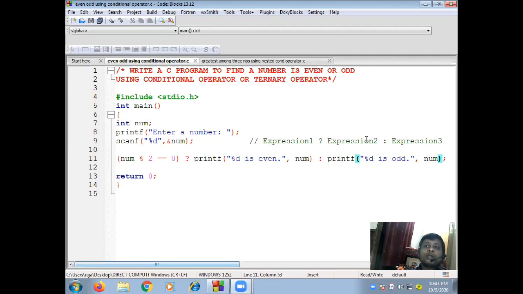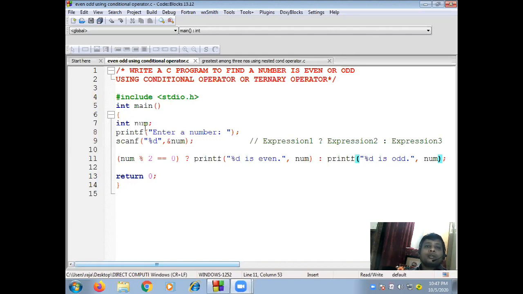This is the true part for expression 1. So after question mark and before colon, this expression 2 is the true part for expression 1. Same, if this expression 1 results 0 or false, it will directly go to expression 3. After colon, this expression 3 part is the false part for expression 1. Clear?